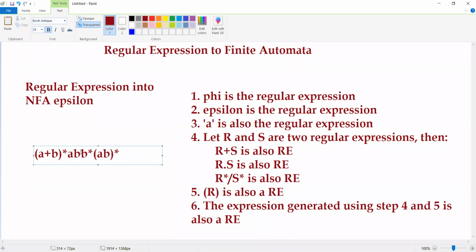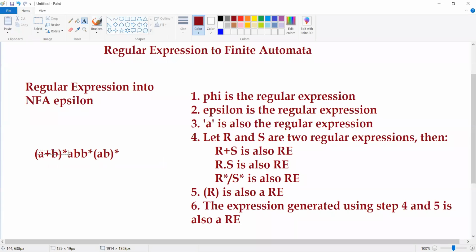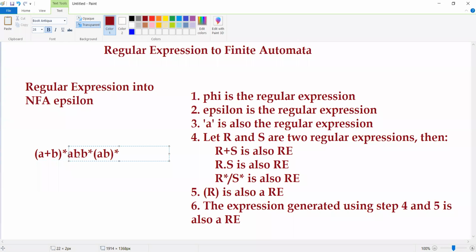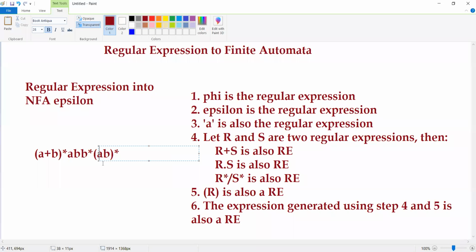If you observe thoroughly, we have the union operation applied, and for this union we have used parenthesis. On top of that we have star, meaning we have applied the Kleene closure. In the same manner, small a is concatenated with small b, and this has again been concatenated with b star, which is a Kleene closure. And again we have a concatenated result a b whole star, which is again the Kleene closure.